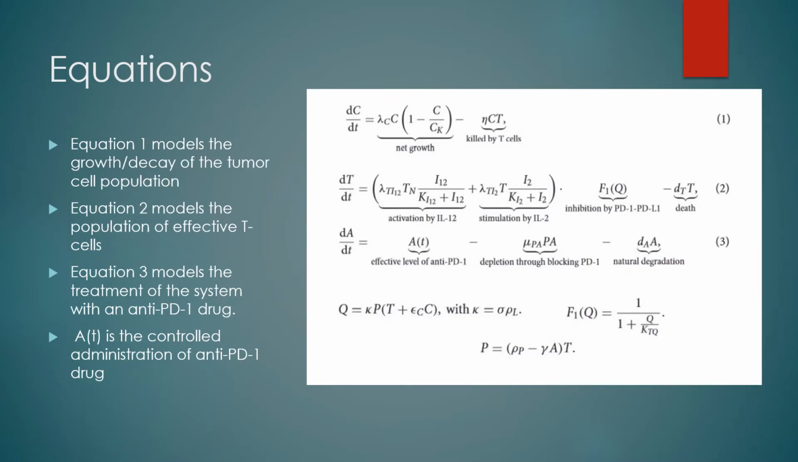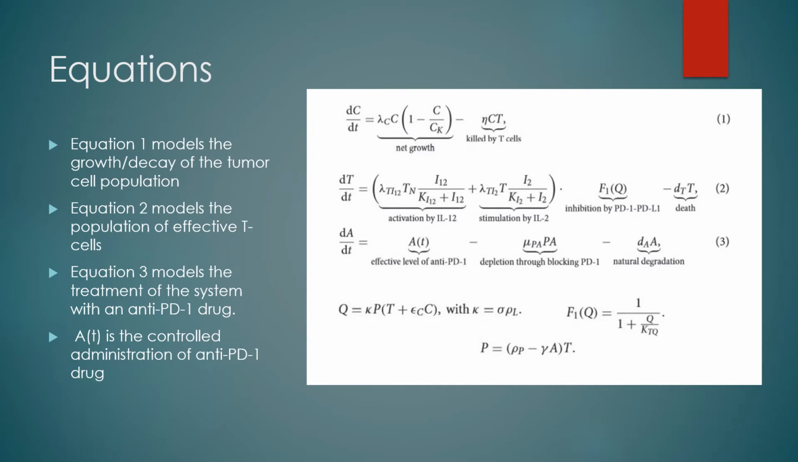Now, the model that was constructed for this situation was a model of three differential equations, with the first equation modeling the growth or decay of the tumor cell population, consisting of just a net growth component and a component for the number killed by T cells. The second equation modeled the population of activated or effective T cells. So that is